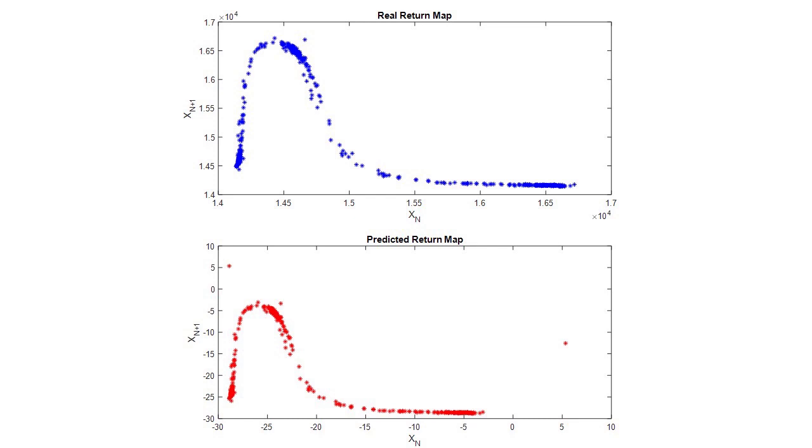Up top, we use the original data, and there are a few key aspects of it. We have a density in 3 regions of the original data that we see in our predicted data as well. Of course, the return map for the predicted data isn't perfect because we have this noise in the top left and far right. But this is a fairly good prediction that can tell us a little bit about what the dynamic system is doing.